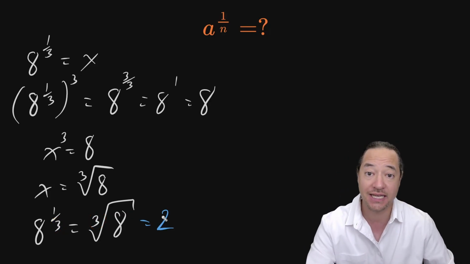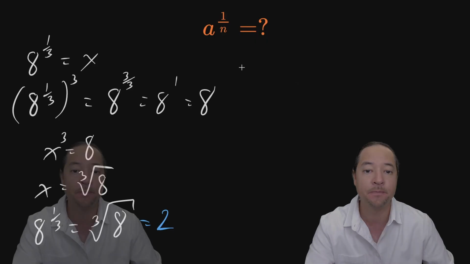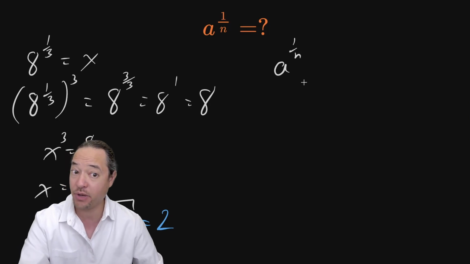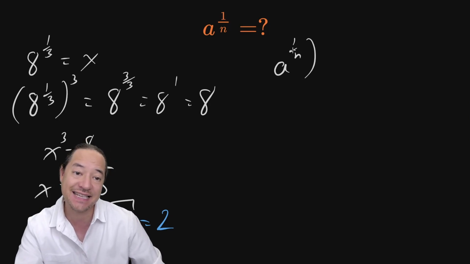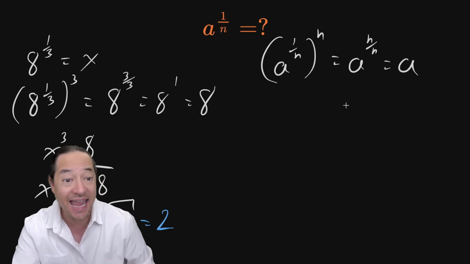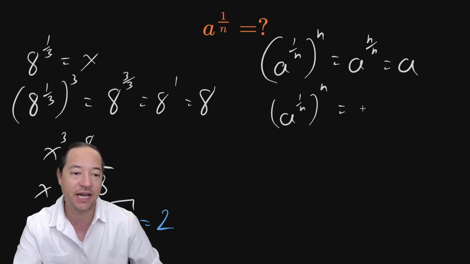So we can generalize this now. Let's just talk about some a to the 1 over n power, right? So in this case, we've got some a to the 1 over n power. And if I take this and then raise it to the n power, well, then I'm just going to get a to the n over n. And that's just a to the first power, just a, right? So this a to the 1 over n power, raised to the n power equals a,